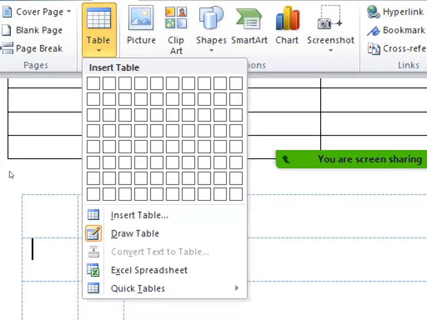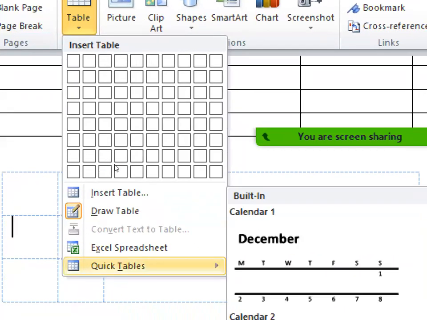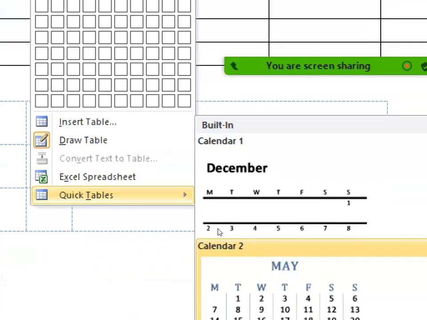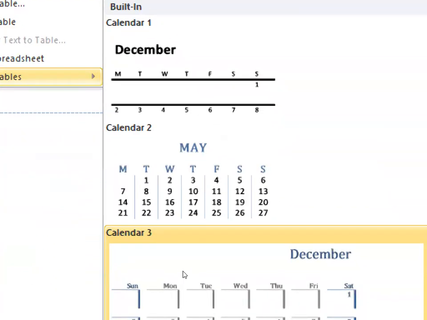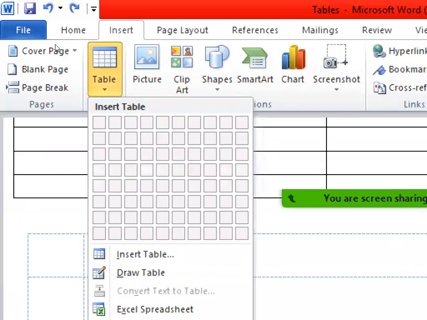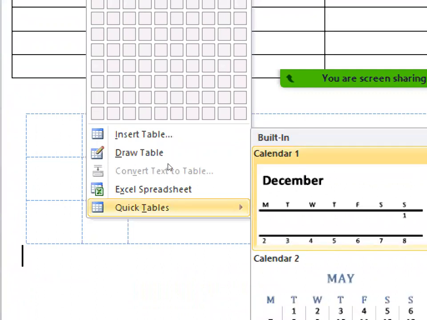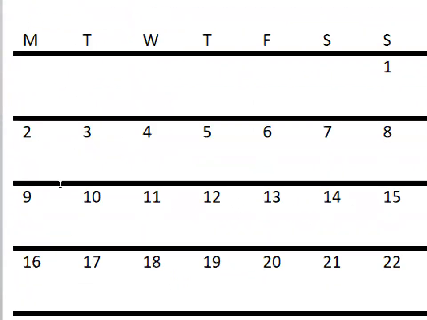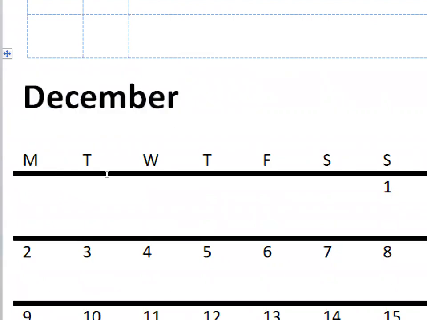Similar to that, we have something called quick tables. If I want to include a calendar, some default or predefined tables are available. So if you are explaining something about your timetable or your academic calendar, when the exams will be or when the semester will begin, and so on, for that you can use some built-in calendars which are available. If you select that, that table will automatically appear. So place your cursor in a free space, go to tables, and here you can say quick tables and select this. A table will be automatically generated. Getting this, everyone?